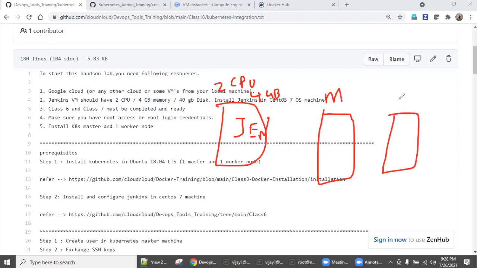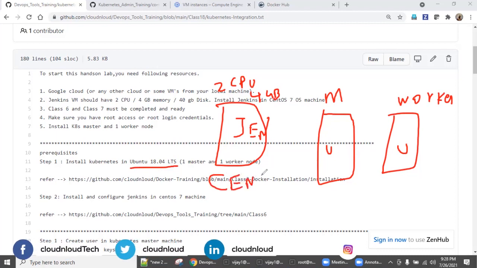It's not advisable, but we just need to understand the concept, and one worker node is more than enough to understand the logic. The master is going to be Ubuntu 18.04 LTS, the worker is also Ubuntu 18.04 LTS, but the Jenkins server is CentOS 7.